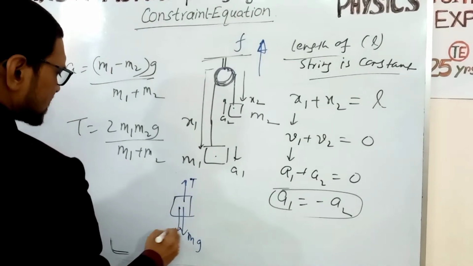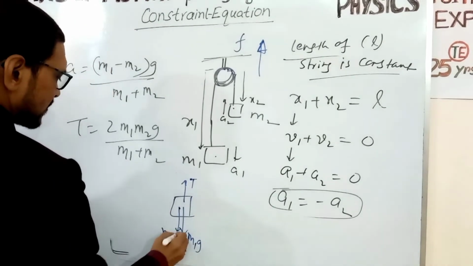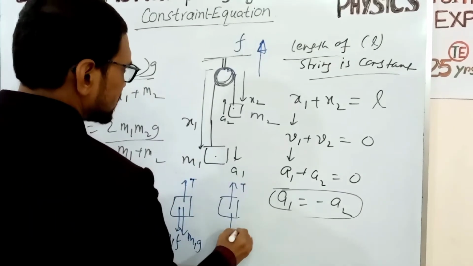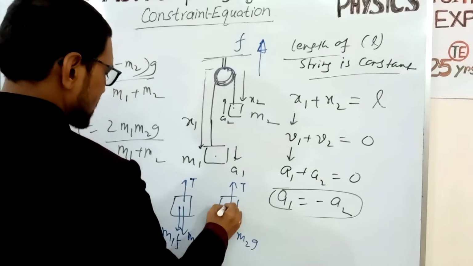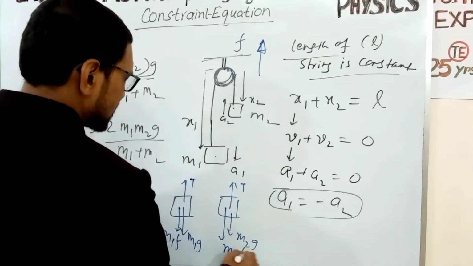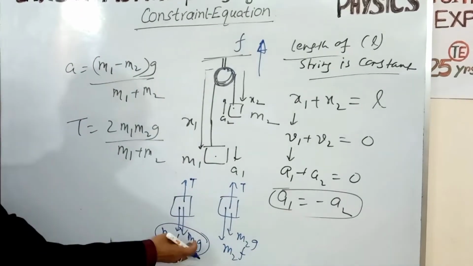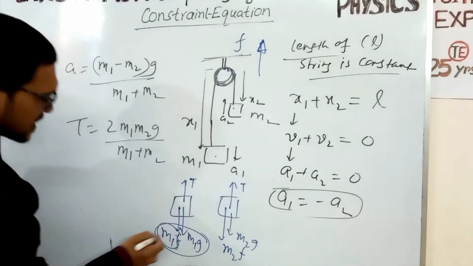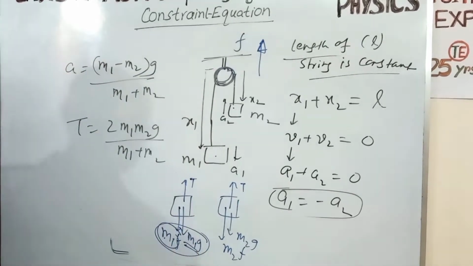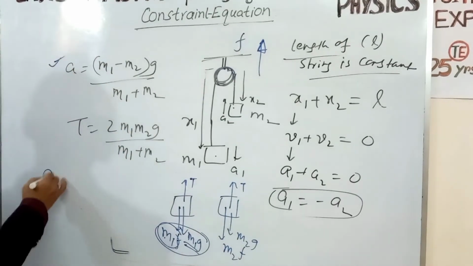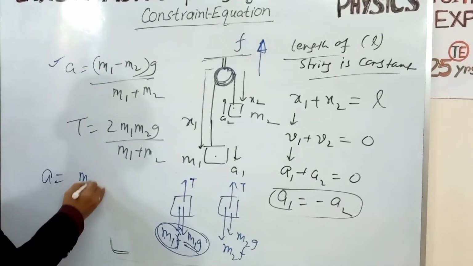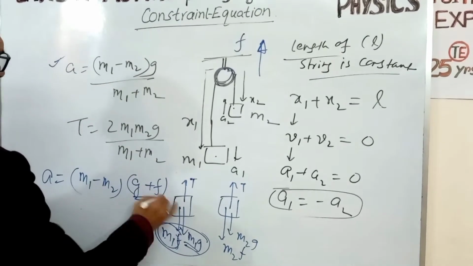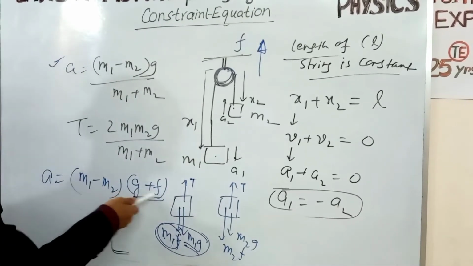So pseudo force acts in this direction, m1f in this direction, and here also T, m2g, and pseudo force acts in the opposite direction, m2f. So here the net force in the downward direction is this force added with m1g. So the acceleration of this system will be g plus f, because f is added with g,